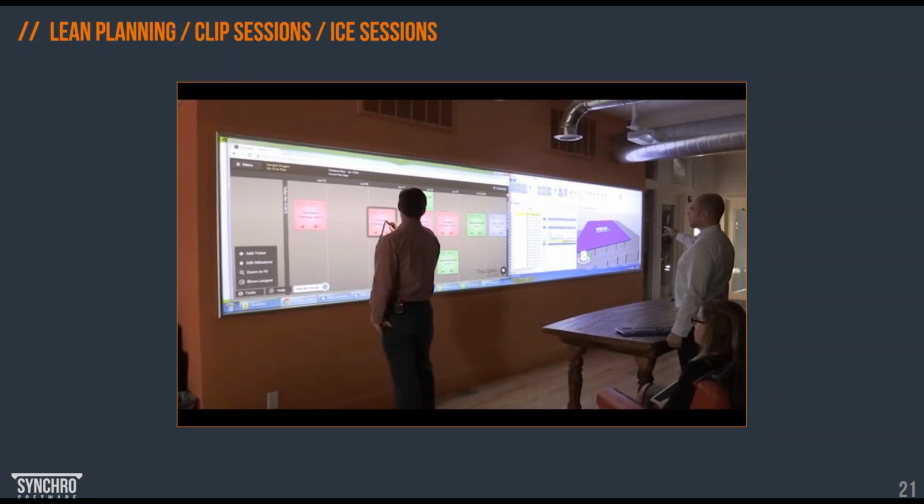SYNCHRO is very often used during lean planning or CLIP sessions, as we call them. Within the VDC process, there will be ICE sessions. The example here shows the kind of discussion with use of a SYNCHRO model, and I think it's a touch plan.